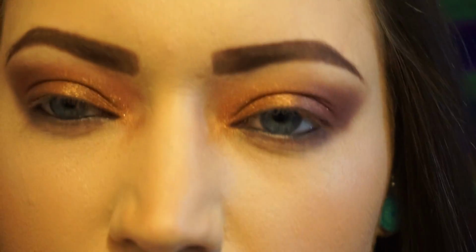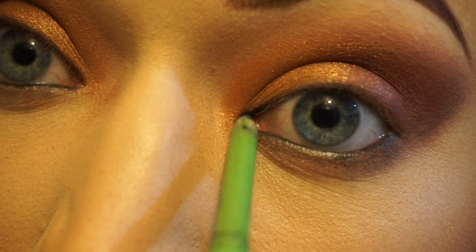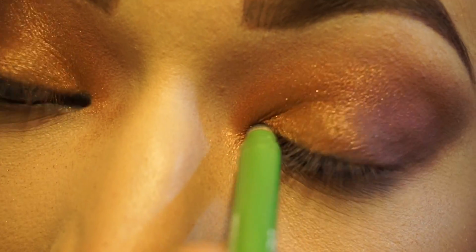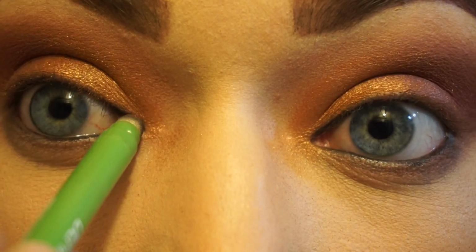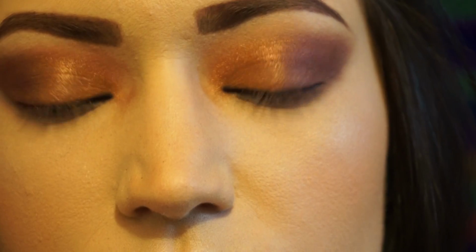So, continuing on, for eyeliner, I'm going to first start by using the eyeliner I'd used in the beginning to tightline and do my waterline. And I'm just going to put this in the inner corner of my eye. I do use a form of liquid eyeliner, and I feel that in the inner corner is where it tends to transfer the most. I don't know if that's just because that's where my eyes get the most watery or what, but doing this step with my eyeliner first helps to ensure everything stays in place the way that I want it to. So using this